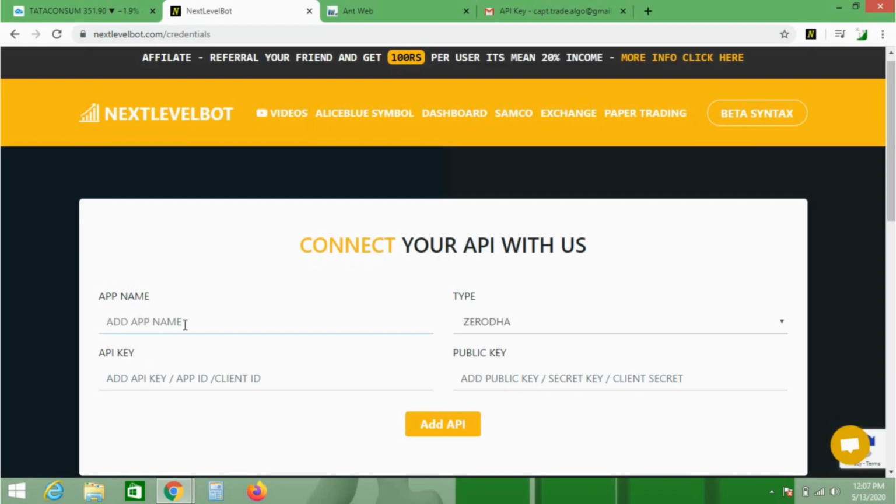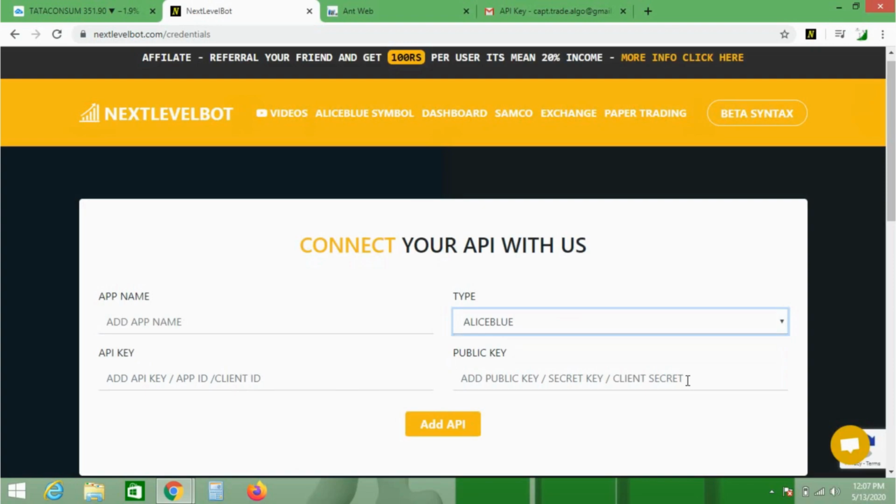First is the app name, and you can put TradeBot or Next Level Bot, and in the type you select Alice Blue. In API key please input your Alice Blue client ID, the normal client ID which you use for login in Alice Blue, and in the public key you have to input your client secret code.